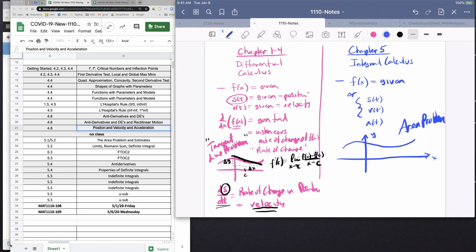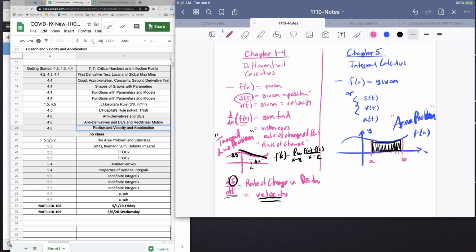And of course, similar, that you've been given a function f of x. And what we're going to need to consider is this function on a defined region, x going from maybe a to b. And the area problem is going to be to ask this important question: what is the area under this function from here to here? What is the exact amount of area there? And what we're going to find in that problem, the area problem, is that we'll have to tackle the ways to compute it,